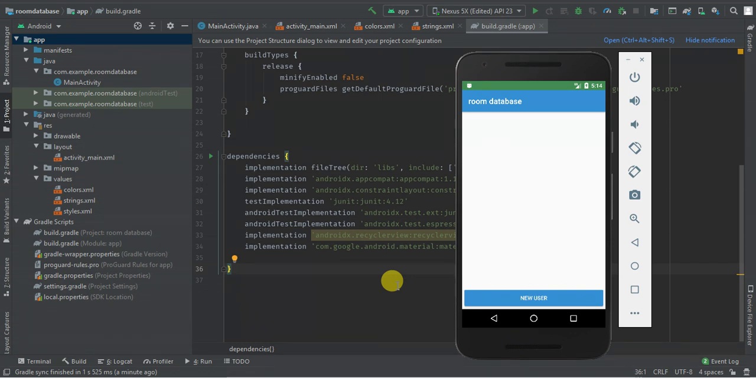Guys, in this tutorial, we are going to learn RoomDatabase. RoomDatabase provides persistent storage in Android. So we are going to implement a RoomDatabase, have LiveData and ViewModel. The LiveData enables us to update UI when any change occurs in the database, whereas a ViewModel helps in updating